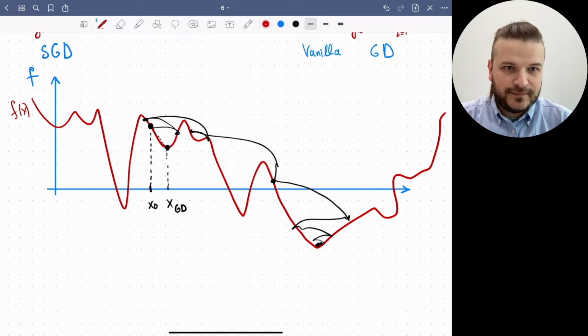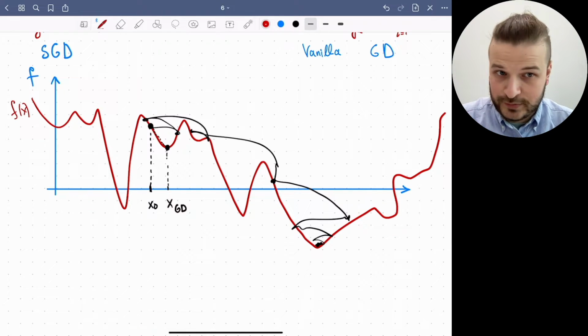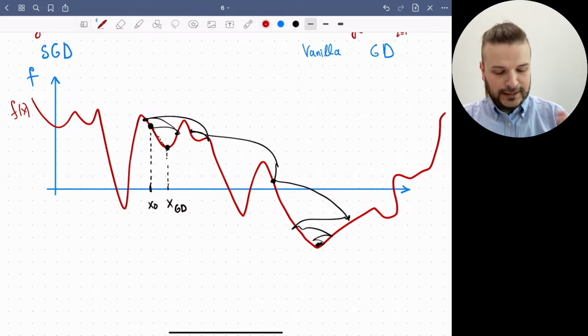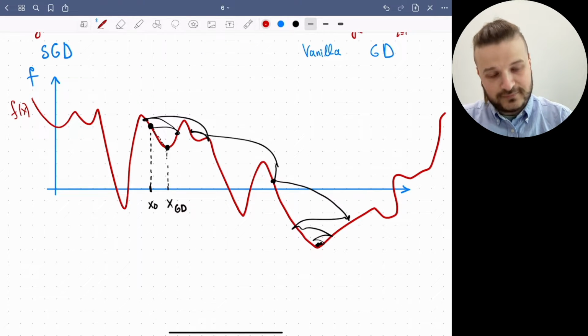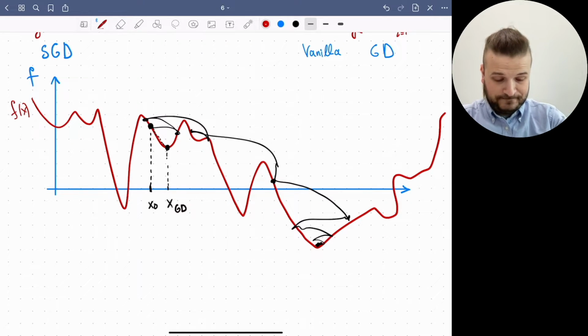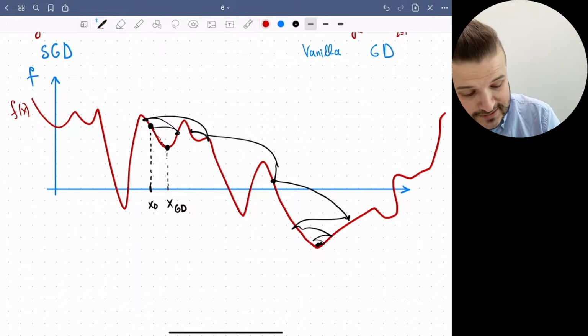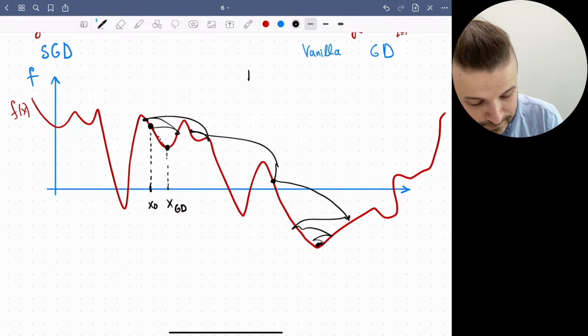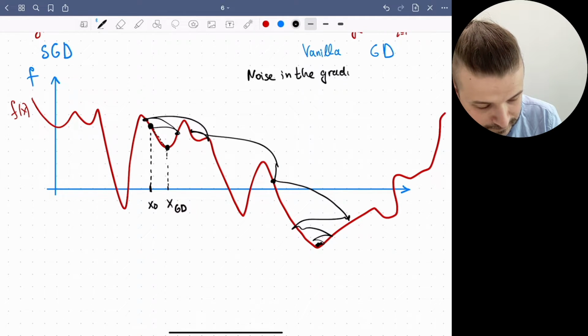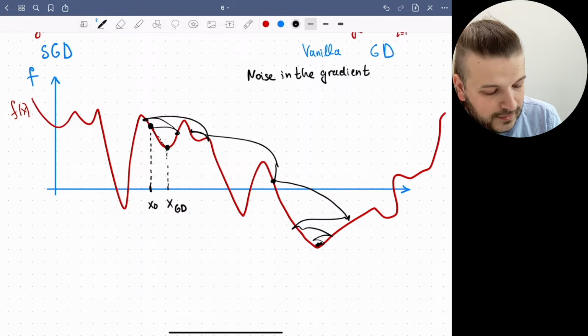But in fact, the noise in the gradient has regularization properties in terms of escaping some local minima. And let's state it clearly: noise in the gradient could help us